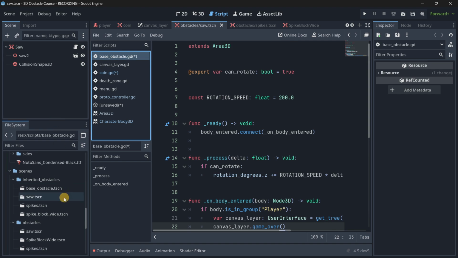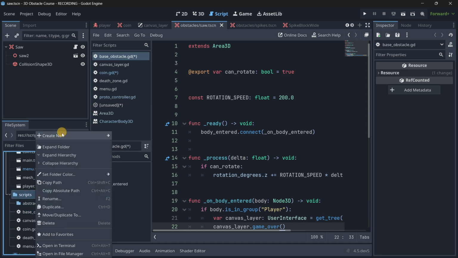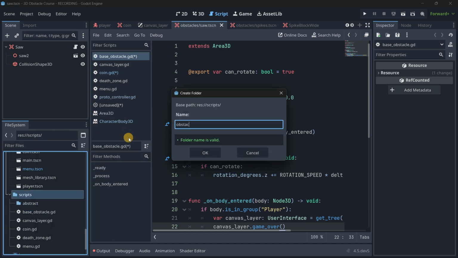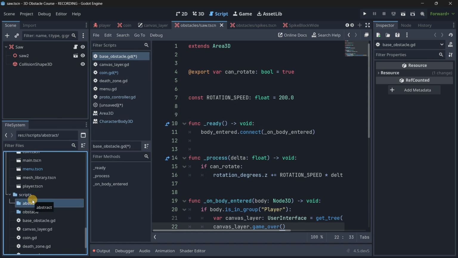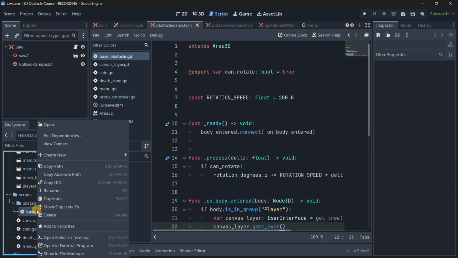Once again, it is probable that you're going to be having one script per each different type of obstacle in this case. So here in the base obstacle script, let's create a new folder. Obstacle. Here I was also testing out some stuff with abstract that we don't need that folder. So, obstacles, and here with base obstacle, I believe there is not a button to directly inherit